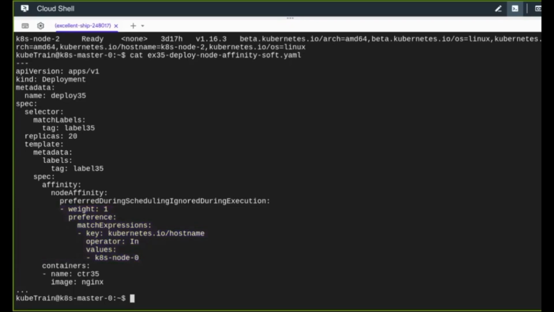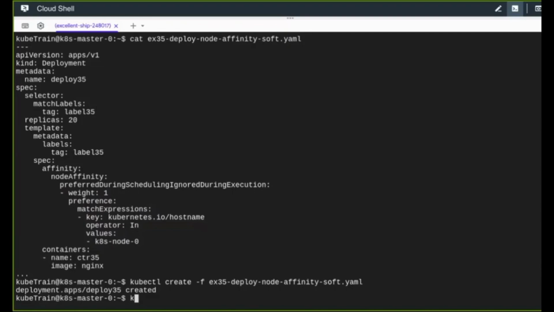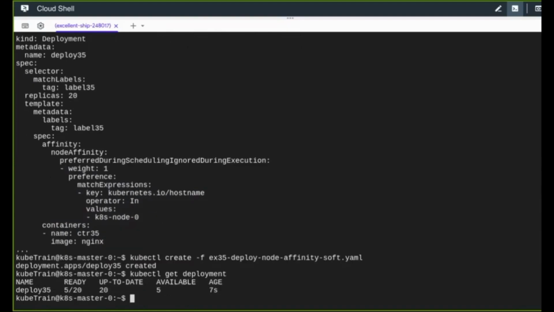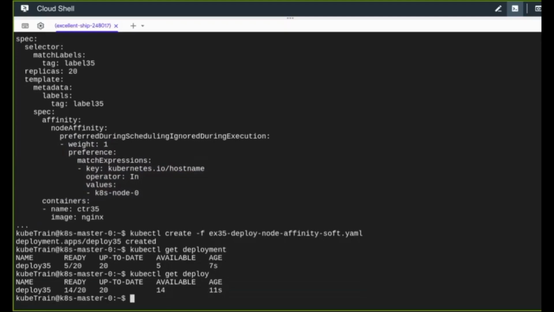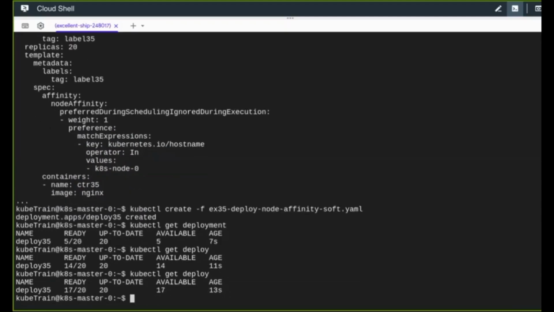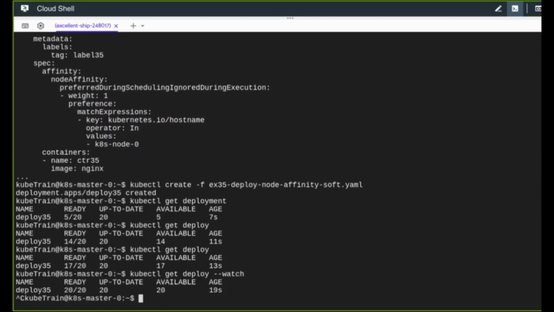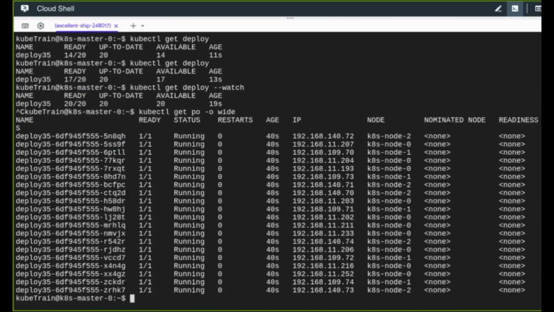Let's go ahead and launch this deployment using the kubectl create command. All right, so the deployment is now created. Let's look at the status of this deployment. We have got 5 out of 20. Now it is 14 out of 20. We can also use the watch flag just in case you want to look at the live status. Okay, it's 20 out of 20. To see the status of the pods, we can use the get pods command, and we're also going to use the -o wide flag